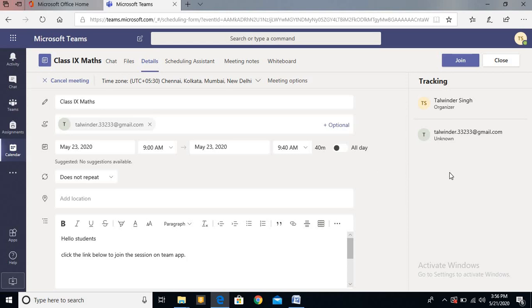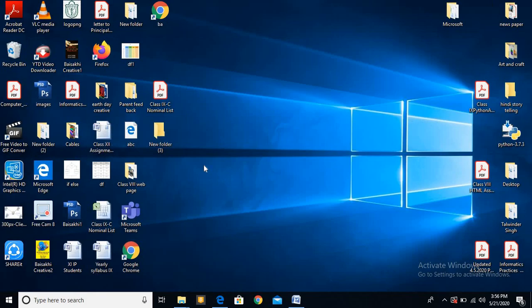Now I will just show you whether the invitation came to my personal ID or not. Let me open my email ID so that I can show you what the invitation looks like. So I'm going to open my Gmail ID.